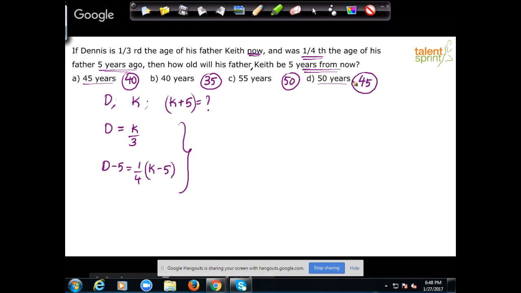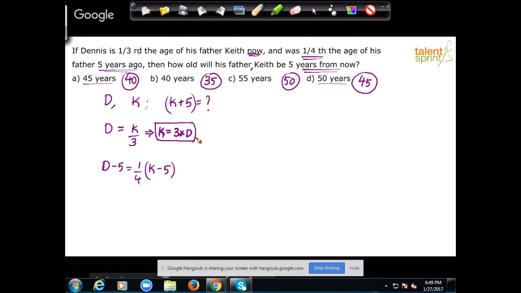Now, why have we done this? Why can't we simply solve the two equations to get the answer? Well, it's simple. Your problem is solved already. Understand, from the first equation, we know that K is equal to 3D. K is equal to 3 times D. Yes or no? You don't have to write this, just observe. K's age is 3 times D's age. So can I conclude that K should be a multiple of 3? The present age of K has to be some multiple of 3, 3 times D. It is a multiple of 3.